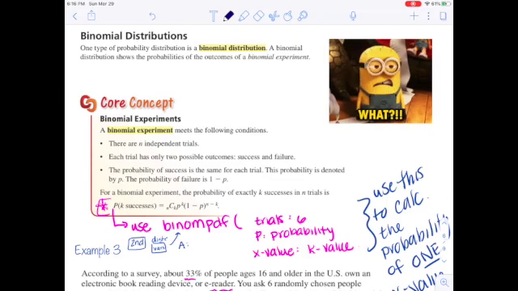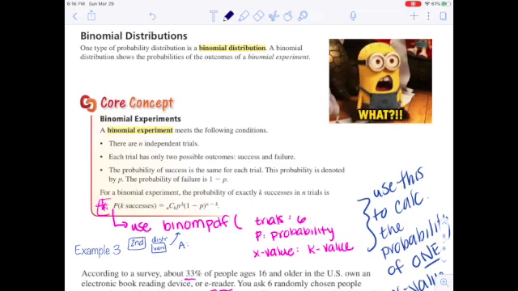Now we get into binomial distributions. So this is when you're going to be running an experiment. There's many different types of distributions, including normal distributions. Today we're just talking about the binomial distributions because we just came off of Binomial Theorem. So one type of probability distribution is this binomial distribution where it shows the probabilities of the outcomes of a binomial experiment. So binomial meaning